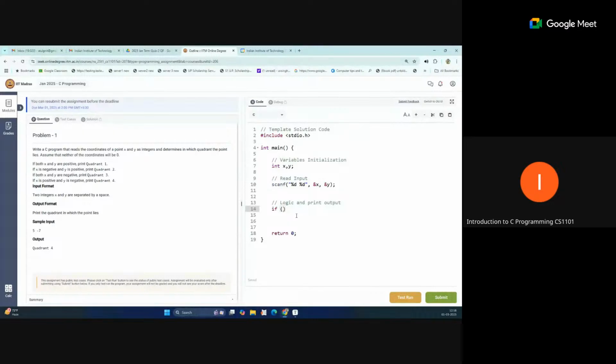So in the first condition, if both are positive, both are positive means x is greater than 0. Okay, and because here "and" is given, so both conditions should be satisfied here. x should be greater than 0 and y should also be greater than 0. So use the and operator, not the or operator. Okay, so this is the operator for double and, &&, and just write y is greater than 0. Okay, so this is the first condition, and here you need to print the message, this